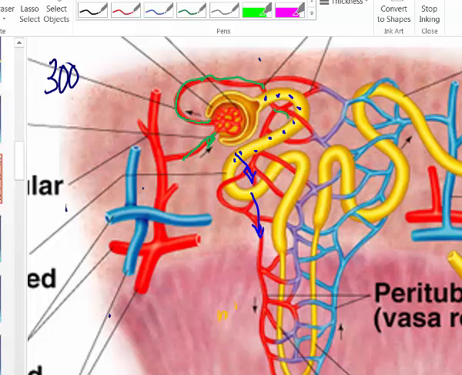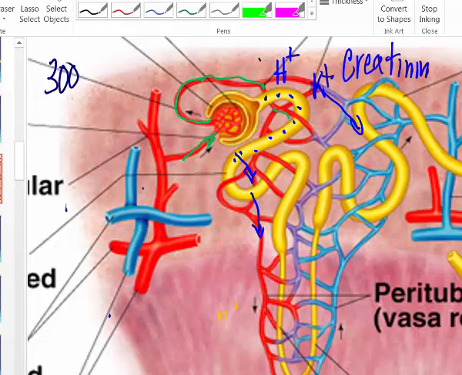That some things cannot be adequately filtered by the glomerulus. So they have to be actively secreted from the blood into the collecting tubules and peed out. Those guys are potassium and hydrogen, and of course our buddy, our pal, creatinine. Those have to be actively secreted. Are you with me,